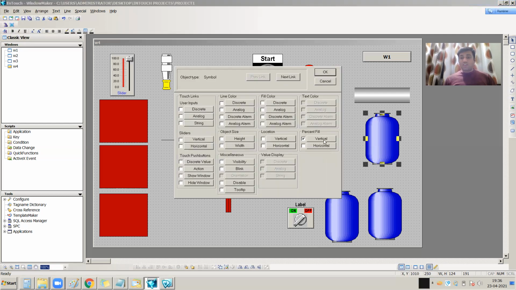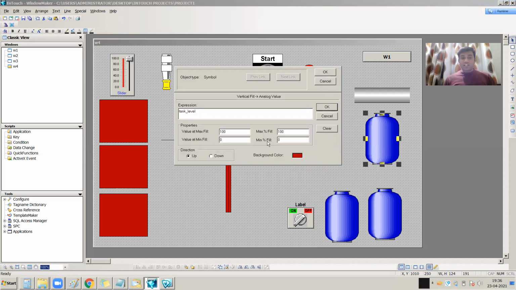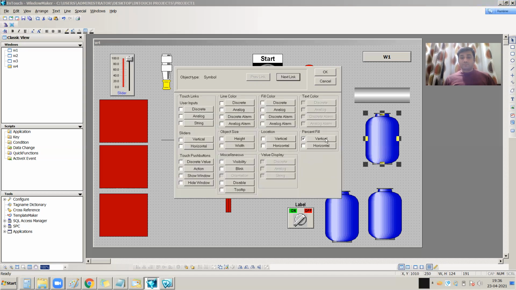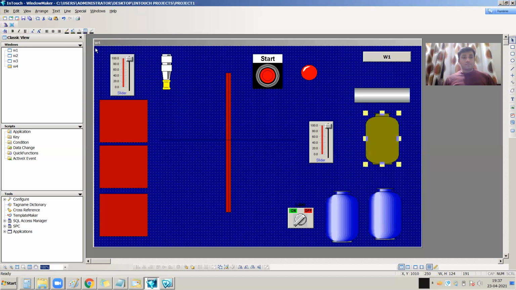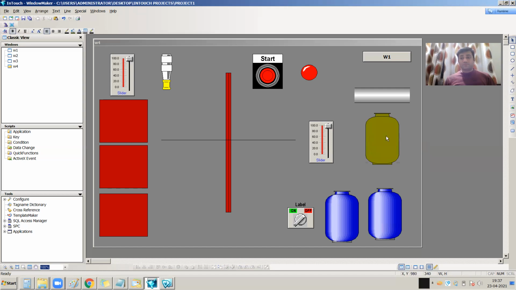If you go over here, if you go for the percentage fill, if you select up direction, and if you select green, I'm saving it.